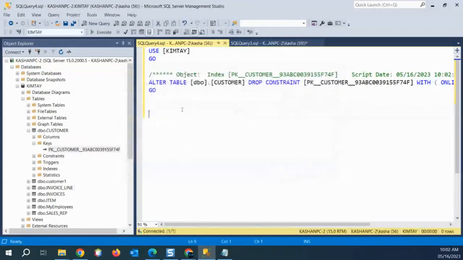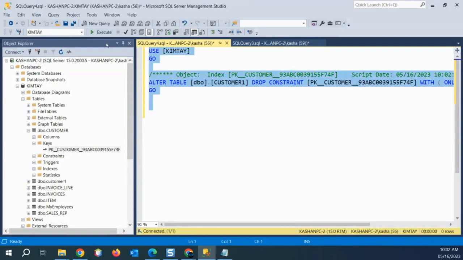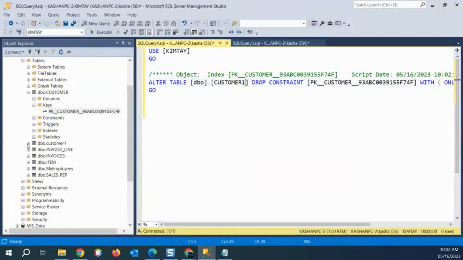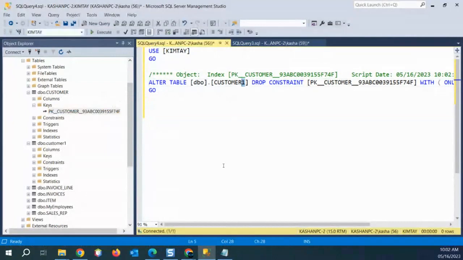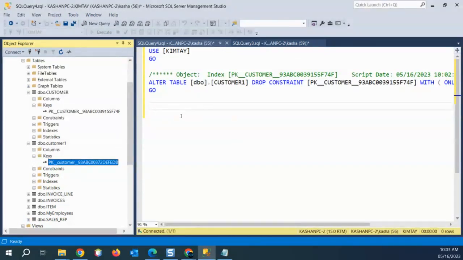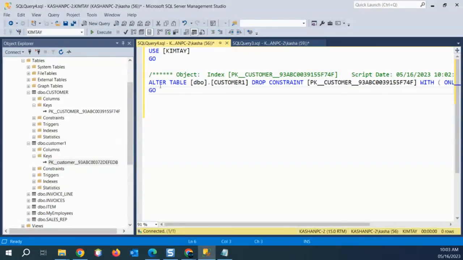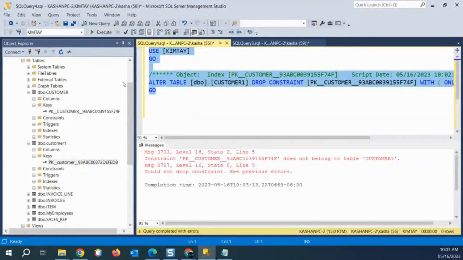I'm going to drop the primary key from the customer one table. So once I run this query on the customer table, but I change it to which table? The customer one table. Where will the change happen? It will happen here, not in customer, because all I'm doing is quickly changing it to 1. So I'm going to change it back to customer one. I know I have a primary key just created, but I'm going to say, don't worry, please drop this primary key. So if I run this,